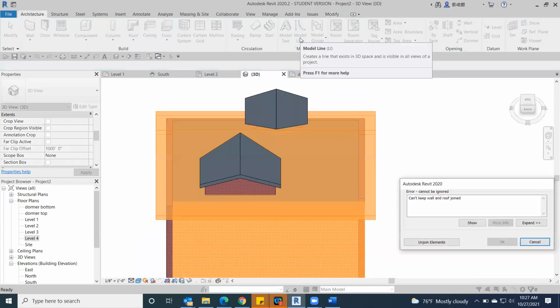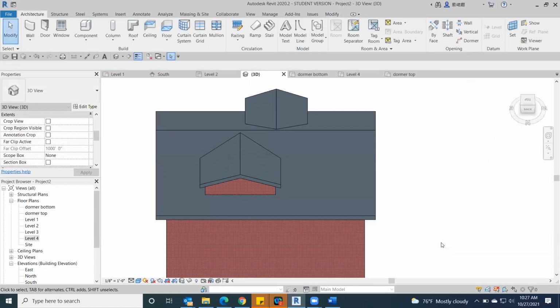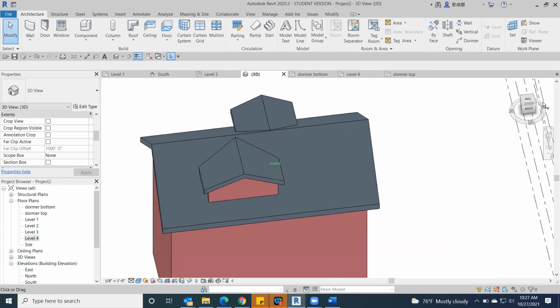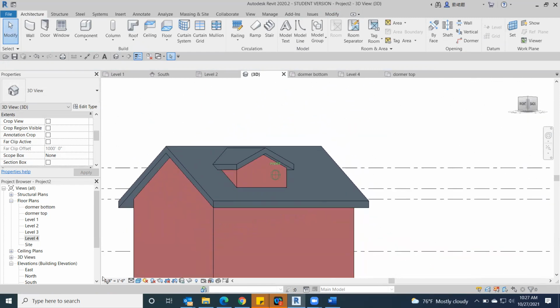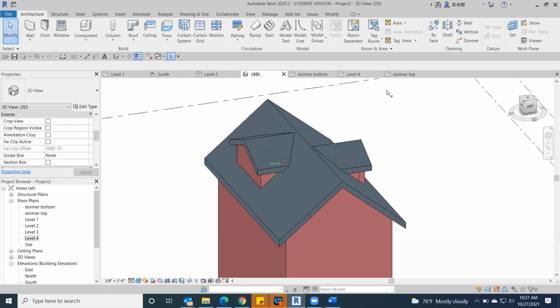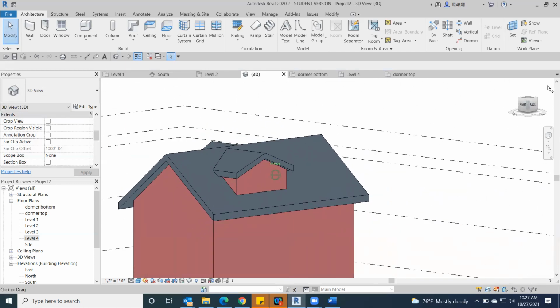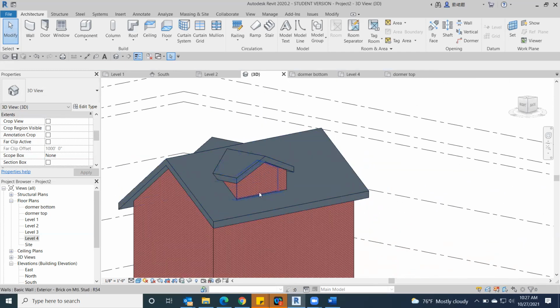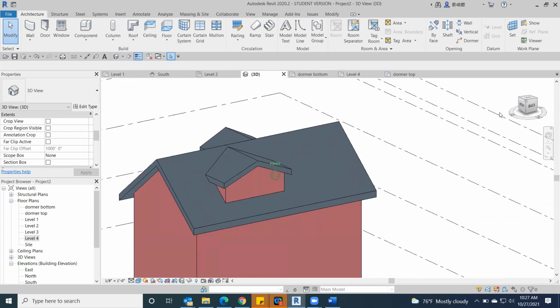Now I'll hit my green check mark. And now we'll hit those unjoined elements, which is what you were talking about. But when we do it this time, we're not going to have that same problem because we're using the same wall type. And since it's set to wrap ends, I'm not going to have that same issue as I had before. Those ends are automatically going to wrap